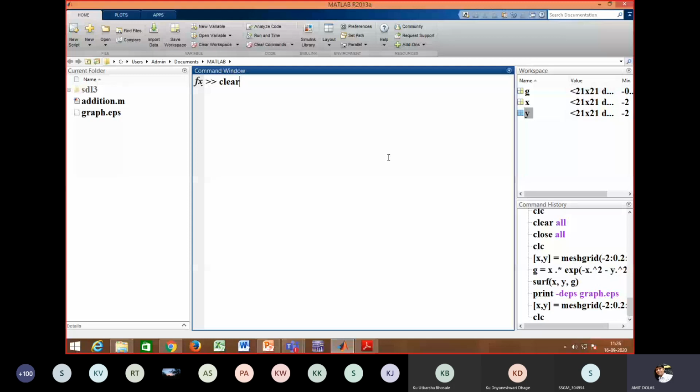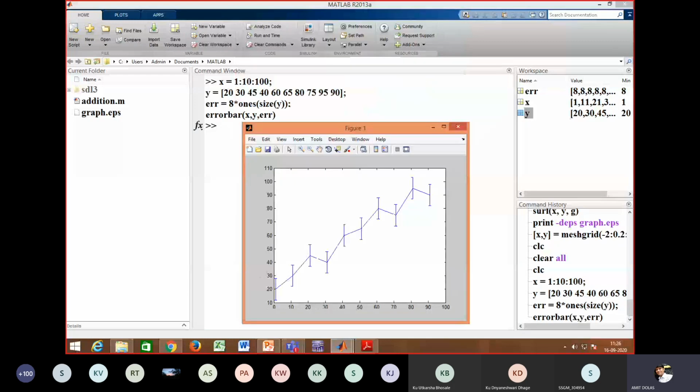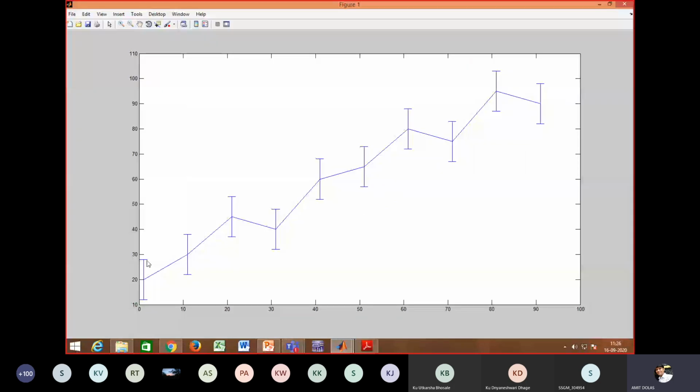So here the graph is plotted where x, y values and error are plotted accordingly. This is the error plot, and the vertical bars are plotted on the graph. These error bars are double the error, half on each side.